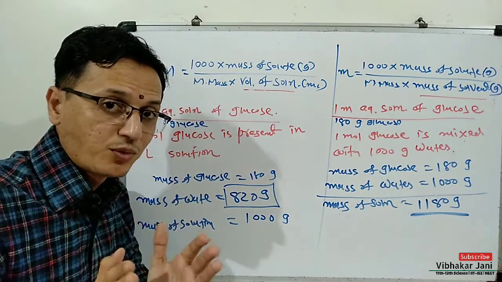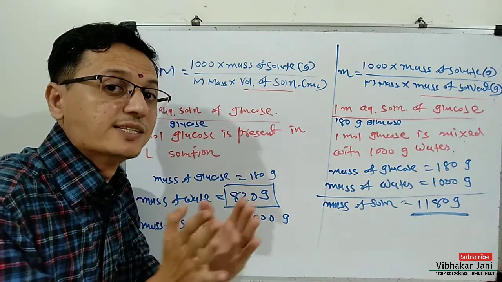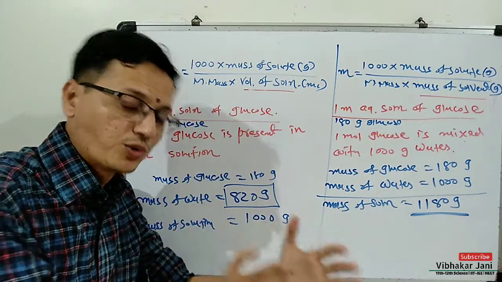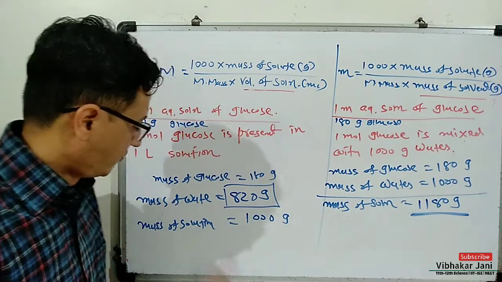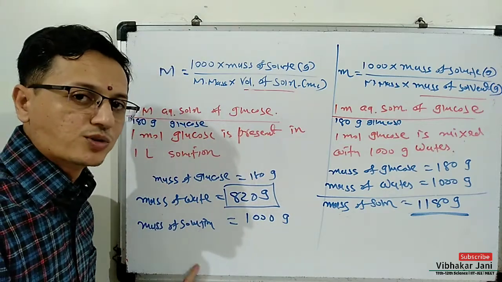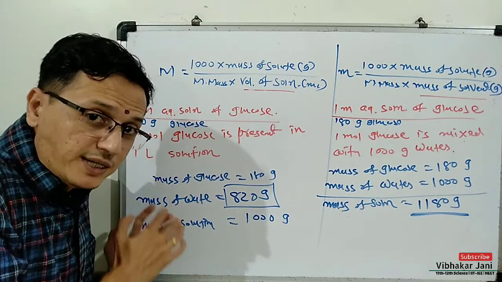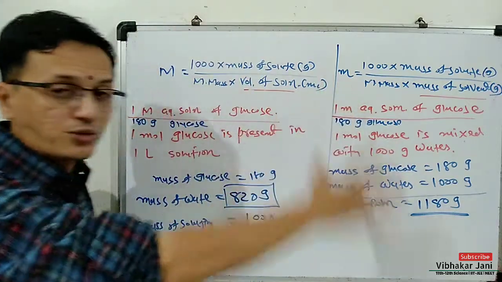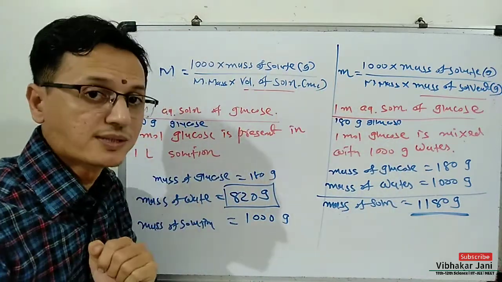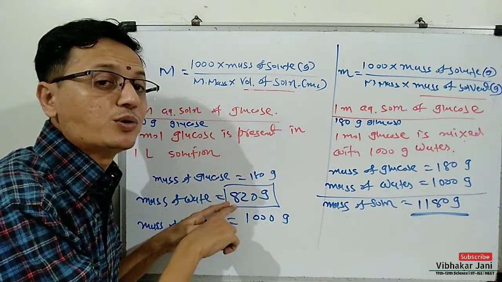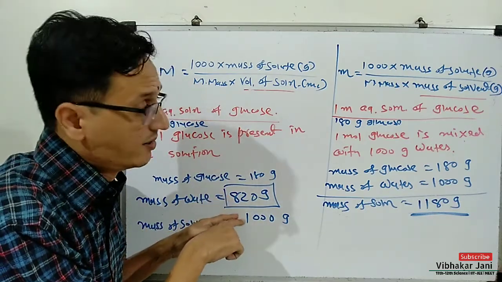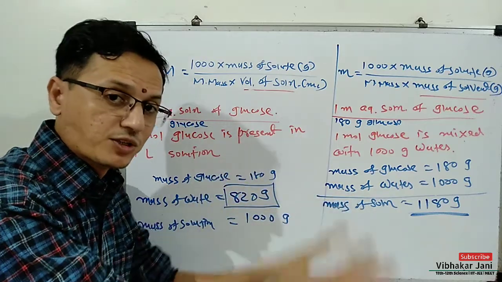ये बात भी आपको ठीक तरह से समझ में आ जानी चाहिए. अगर कोई भी डाउट हो तो वीडियो को फिर से रिवाइंड करके मेरी बात फिर से सुने. 1 molar aqueous solution of glucose is sweeter than 1 molar aqueous solution of glucose. Why? Because in 1 molar solution there is less amount of solvent than the 1 molar aqueous solution.